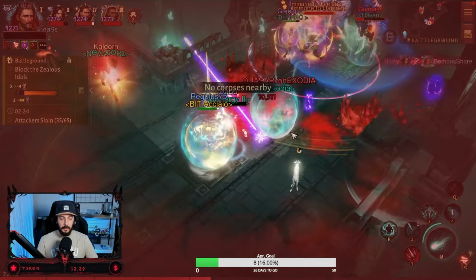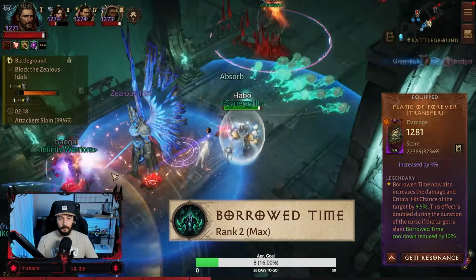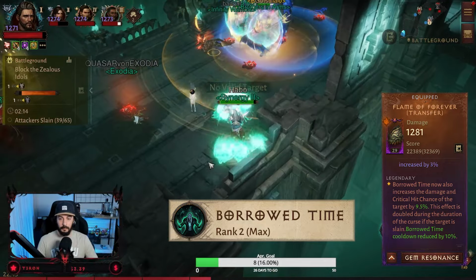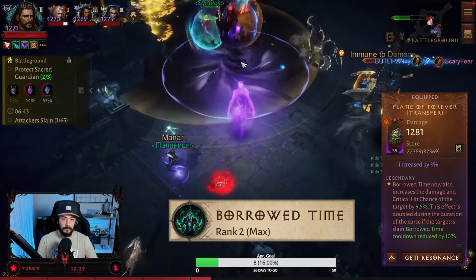Next, of course, we are using Borrowed Time, and this time we are using an essence with it. Borrowed Time now also increases the damage and critical hit chance of the target by 9.5%. This effect is doubled during the duration of the curse if the target is slain. So when you get up after they kill you, you get a 19% critical hit chance and damage buff from